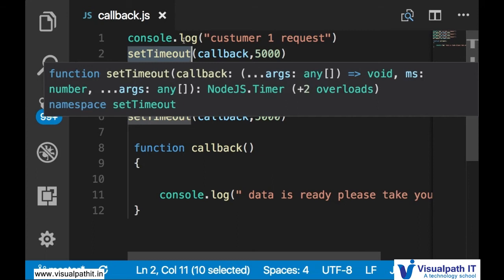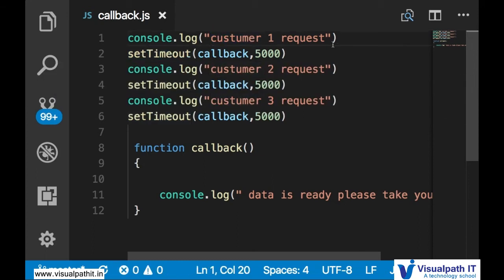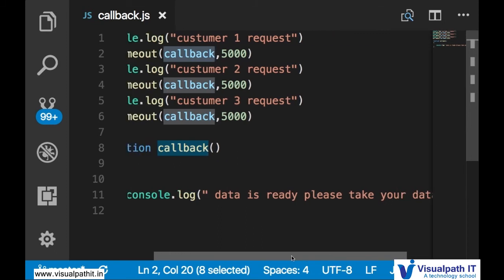First we are requesting with the customer one request, and I am providing a dummy timer of 5 seconds, and for customer 2 request I'm taking the same time, and again I'm providing a timer to customer 2, similar to customer 3. So whenever their request completes, they get a callback: data is ready, please take your data.